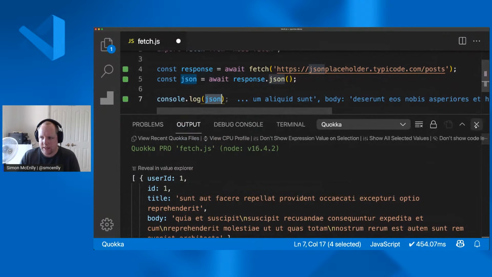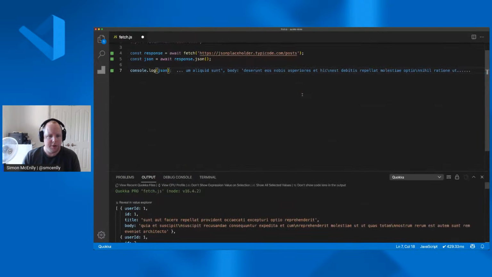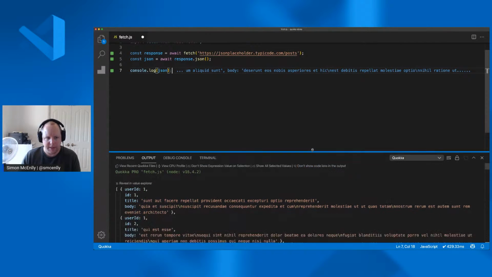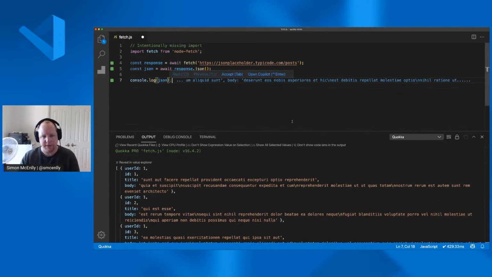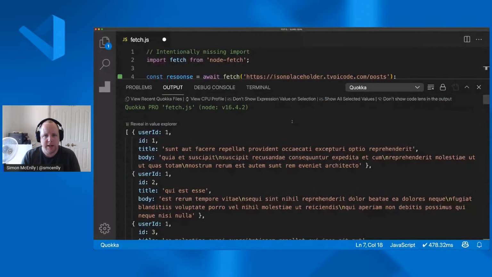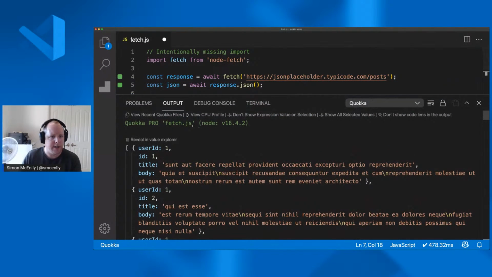There are a couple of last features that I wanted to show. I haven't really spoken much about the output window. Normally, if you're running Quokka, I'm just going to change my zoom a little bit. Normally, if you're running Quokka, you'll probably see something more like this. It might be a little bit hard to see, but you'll have your output window displaying alongside your code. So you can see everything nicely in one view. But just for today's demonstration, we've got the zoom turned right up.